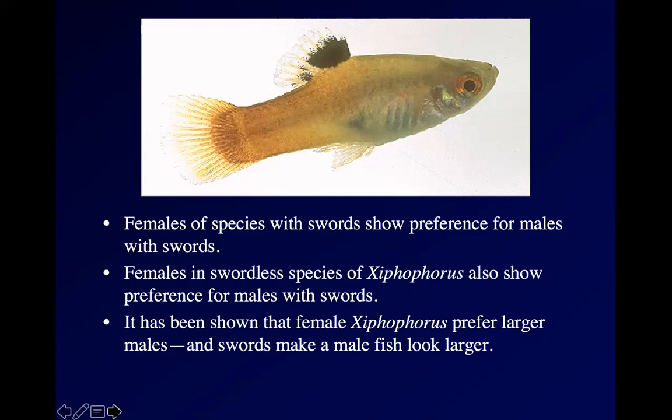And thanks to selective breeding, we have varieties of both species with lots of different colors. You can see these guys in any decently stocked aquarium store. You can find swordtails and platyfish with all kinds of colors. This is what a wild platy looks like. That's a male. You can tell because one of his fins is rolled up into a sperm transfer organ. It's this thing right here. And he does not have a sword.